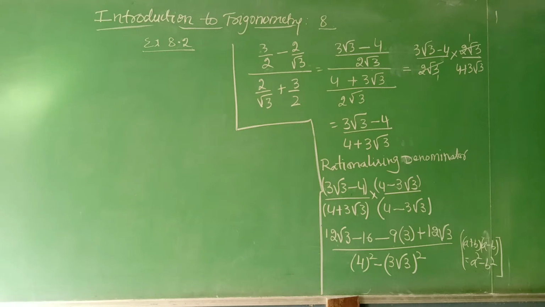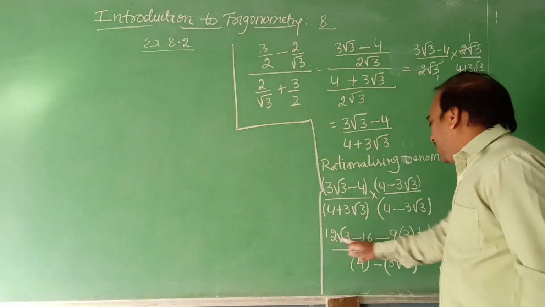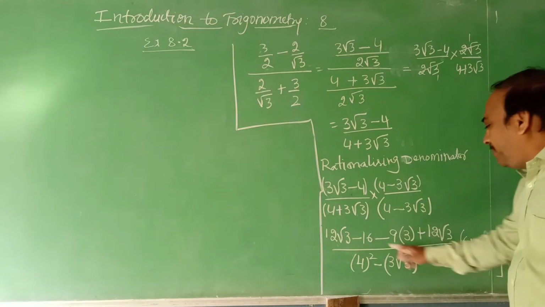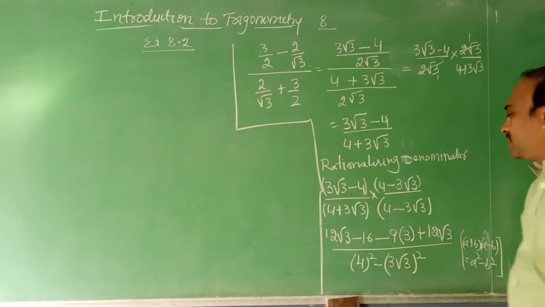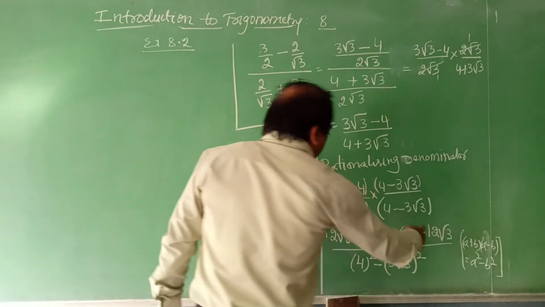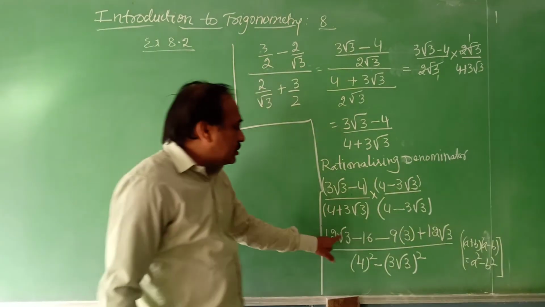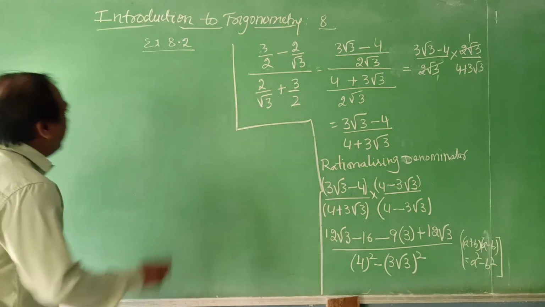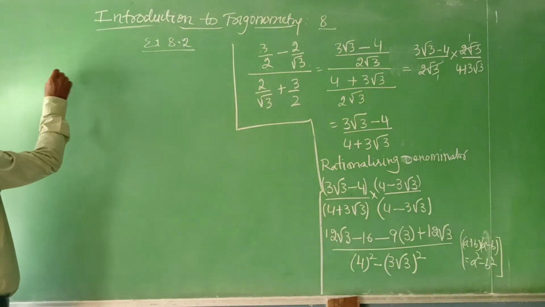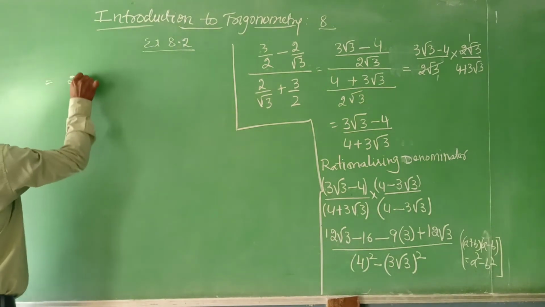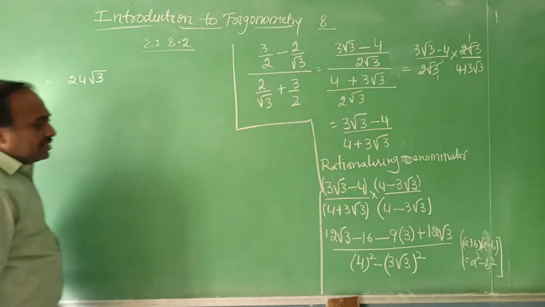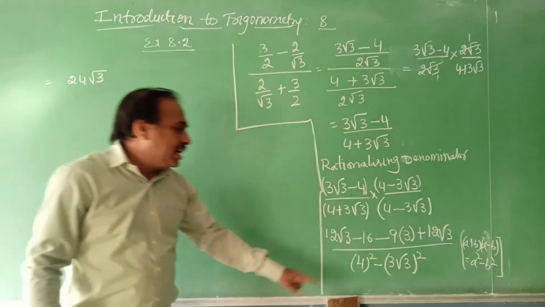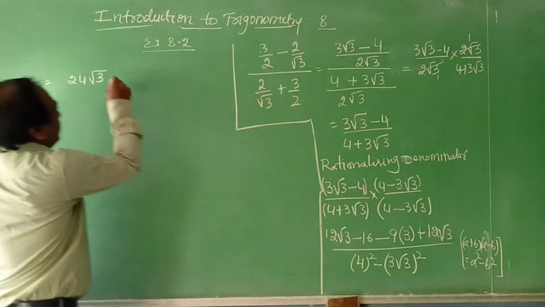Now see this continuation part. 12 root 3 minus 16 minus 9 into 3 plus 12 root 3 by a square minus b square. Here 12 root 3 plus 12 root 3, that is 24 root 3. Continuation: 12 root 3 plus 12 root 3, 2 times, so 24 root 3, minus 16